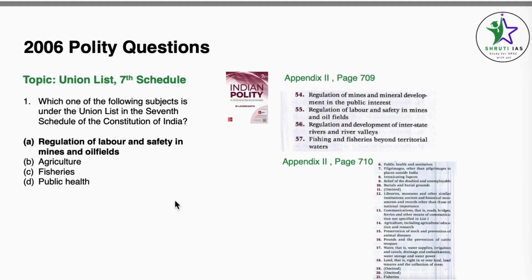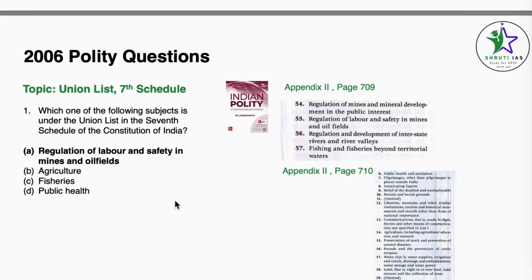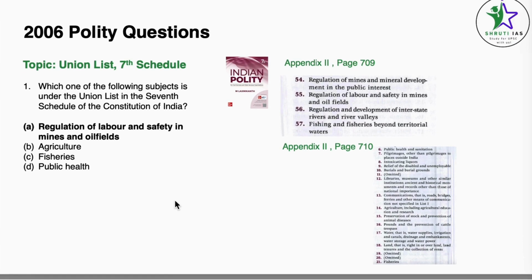Now here the question is, which one of the following subjects is under the union list in the 7th schedule of the Constitution of India? Four options are given: A, regulation of labor and safety in mines and oil fields, B, agriculture, C, fisheries, and D, public health. Now, if you see in Lakshmikanth